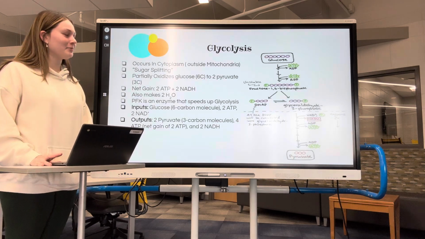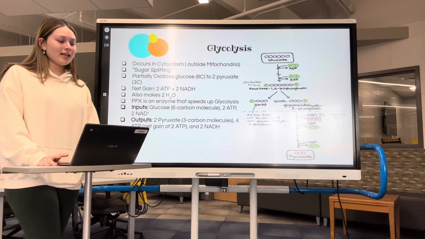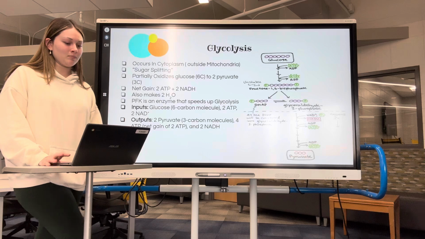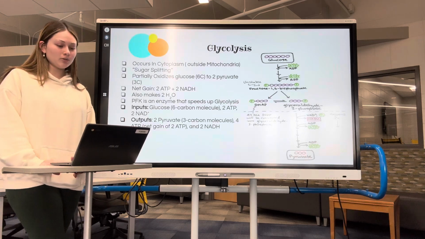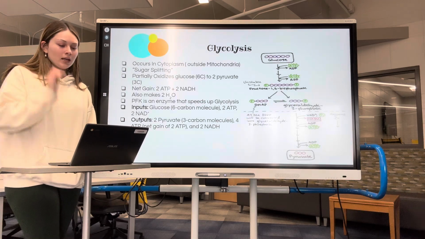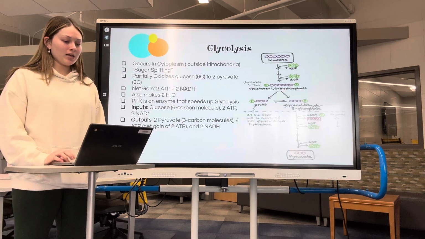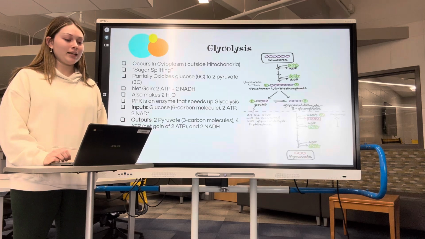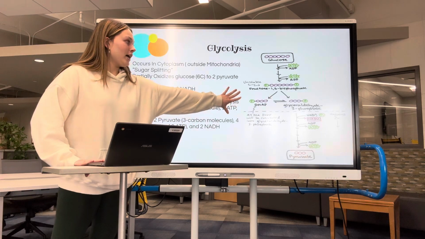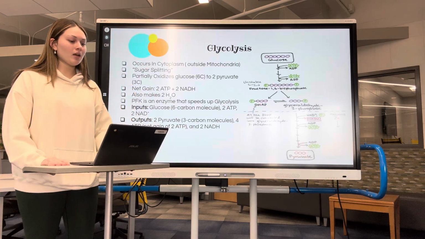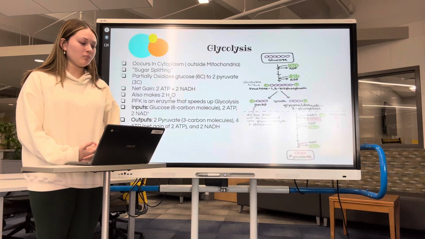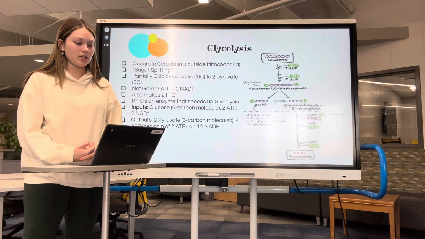So going a little more in depth with the picture, glucose is put in, and 2 ATP are put in to produce ATP. This creates fructose bisphosphate, which then splits into DHAP and G3P. G3P is oxidized, NAD+ is reduced to NADH, and energy is required above the line and then is released below the line. And then 2 G3P and 2 ATP are produced through substrate level phosphorylation and then turned